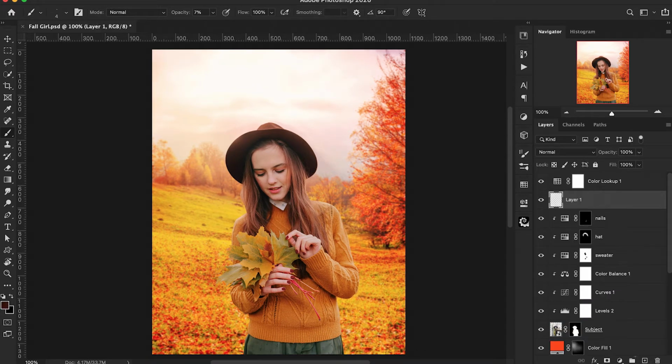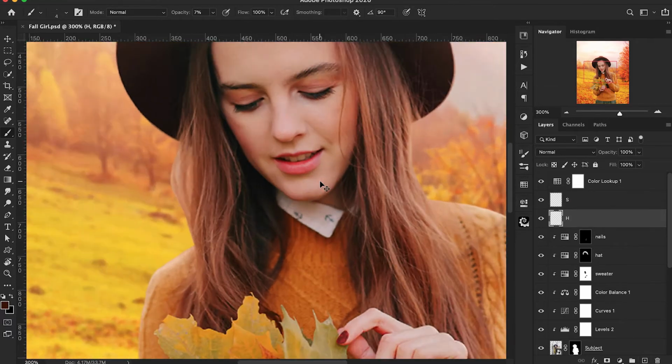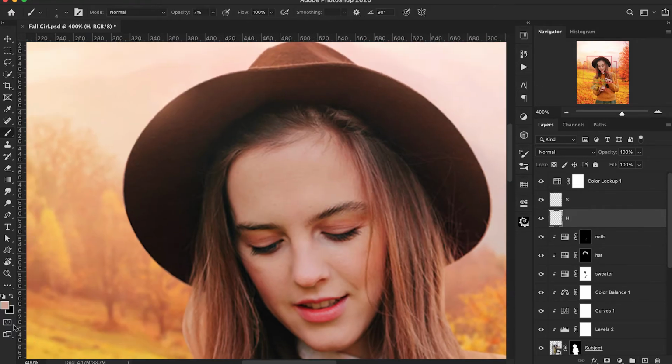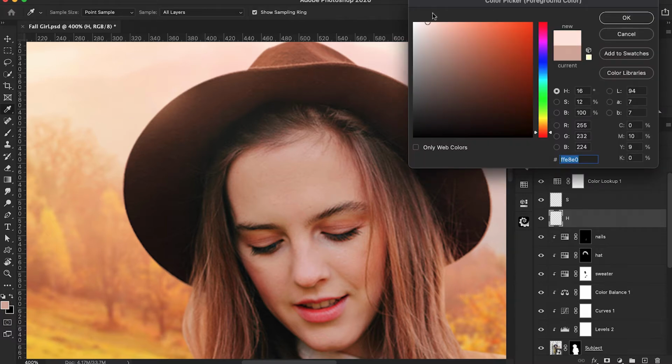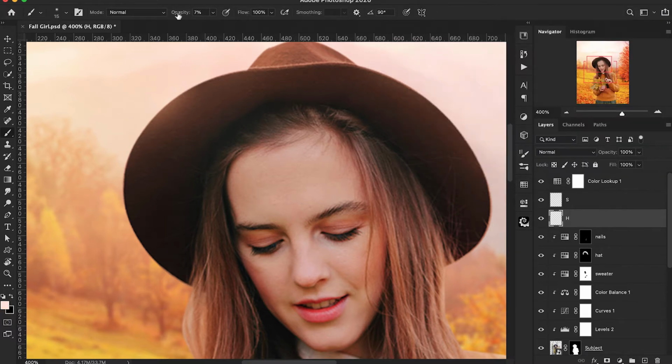Alright, now back to our subject. We're going to add some highlights and shadows onto the skin. This is actually my favorite part. I love doing this. And what we're going to do, we're going to zoom in here. Pressing I for our eyedropper will sample a color. And we can just find a nice highlight to work with. And we're going to have a soft round brush at a very low opacity. But all we're doing here is